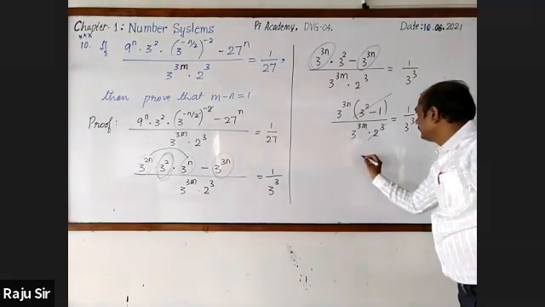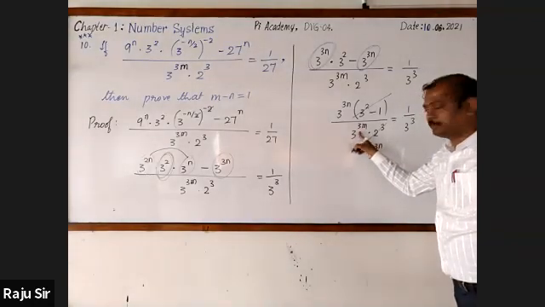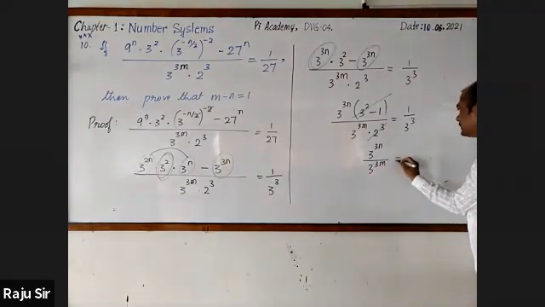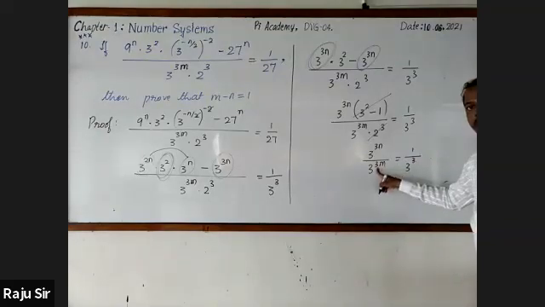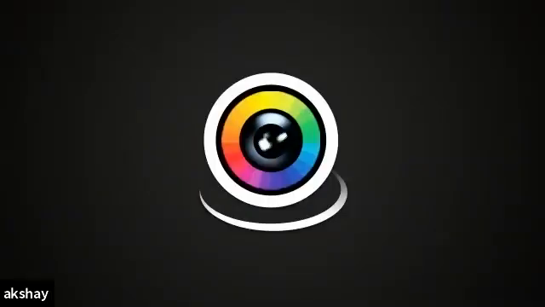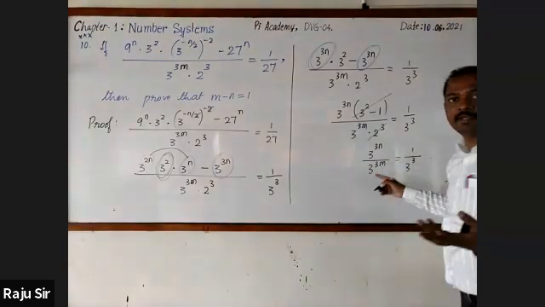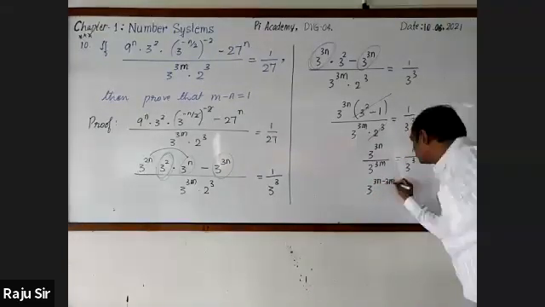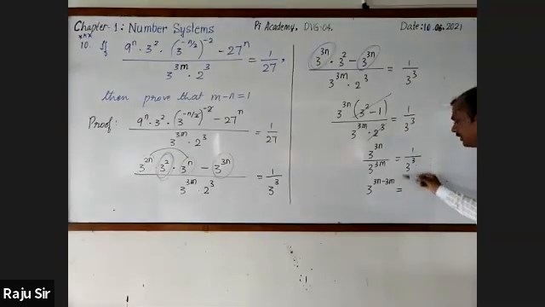All right. What remains is 3 raised to the power 3n by 3 raised to the power 3m is equal to 1 by 3 raised to the power 3. Understood? Yes, sir. This to the numerator. a raised to the power m by a raised to the power n is a raised to the power m minus n. This is 3 raised to the power 3n minus 3m is equal to,